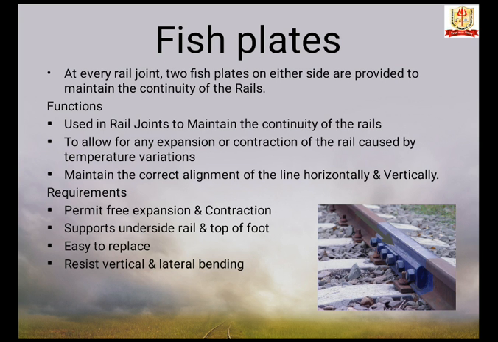Functions of fish plates: used in rail joints to maintain the continuity of the rails, to allow for any expansion and contraction of the rail caused by temperature variation, and to maintain the correct alignment of the line horizontally and vertically. Requirements: permit free expansion and contraction, support underside of rail head and top of foot, easy to replace, resist vertical and